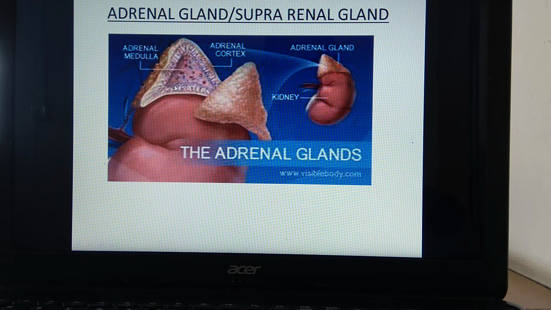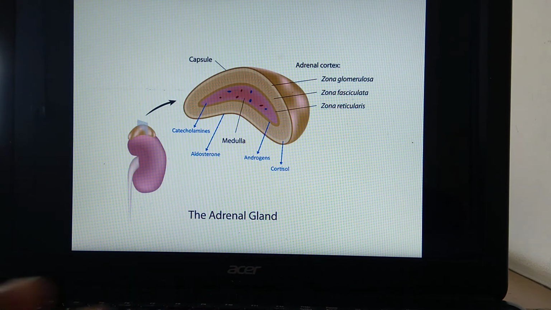Now see this diagram. In this diagram, a longitudinal section is taken, longitudinal section or vertical section. So this half part of the gland is seen here, and this is the remaining half part as it is cut vertically. What is seen here? It shows this outer region, which is called the adrenal cortex, and this inner region, which is called the adrenal medulla. Now we'll see another diagram to see the details of these different parts of the adrenal gland.